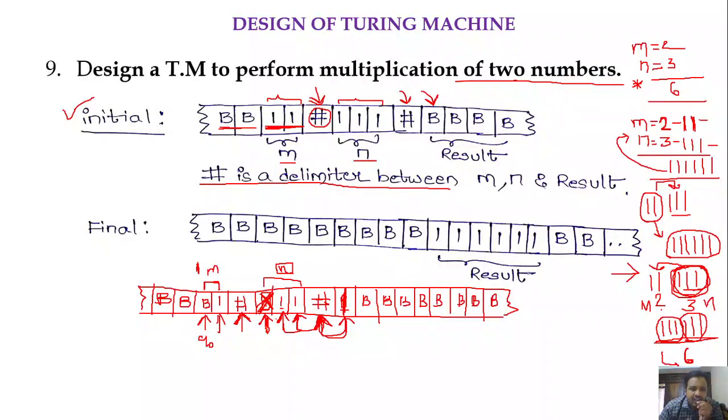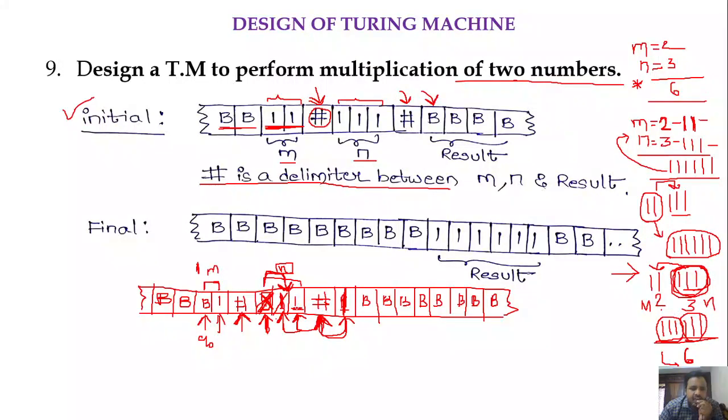After getting x, if you move the head towards right, then you're going to get the next one which is there in n. So what is the head now pointing to? It is pointing to the second one in n. So replace that one with x, and move the head towards right. We have to find the blank character where this second one has to be copied, right? For that, we are moving the head towards right until we get a blank character.